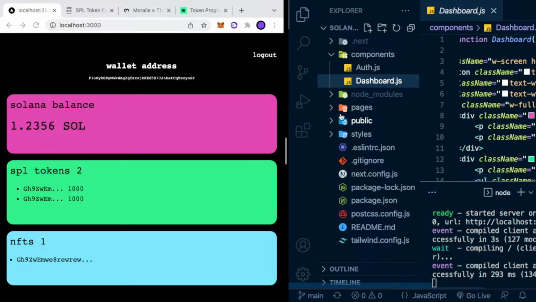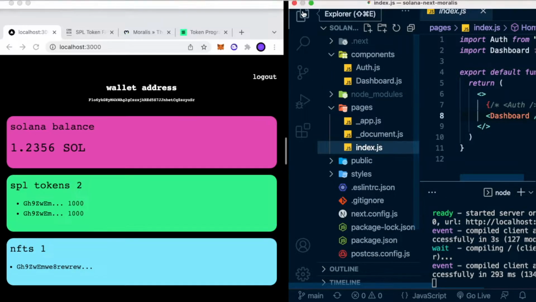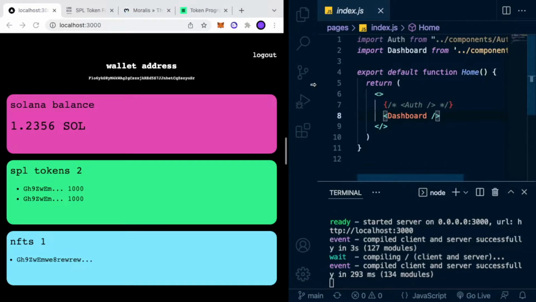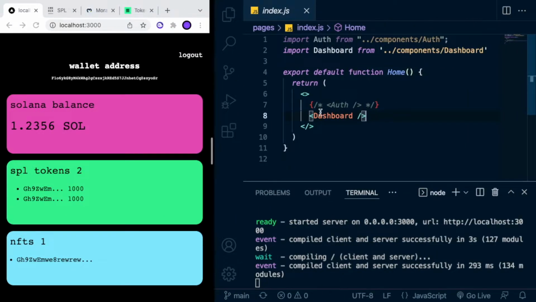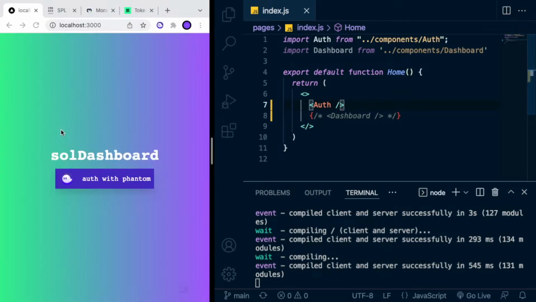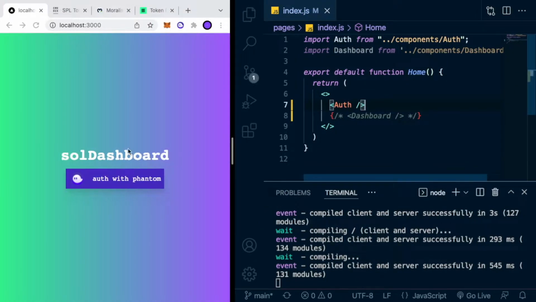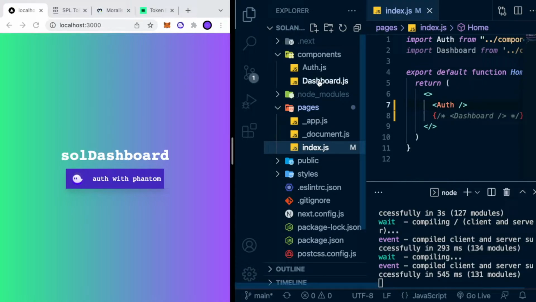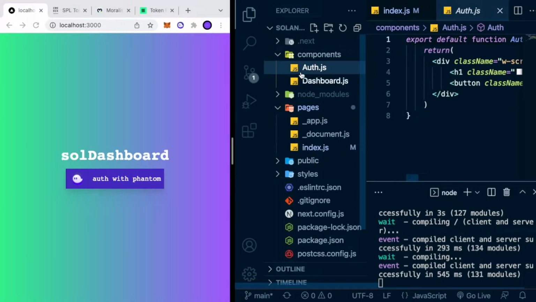Now, always inside Visual Studio Code, if we navigate back to the index.js, that is the only route we have. So this is properly a single page application. If we wrap this dashboard component with the line comment and uncomment the auth component, instead on the screen we will have this simple auth page with a background gradient color, so we can check it inside the